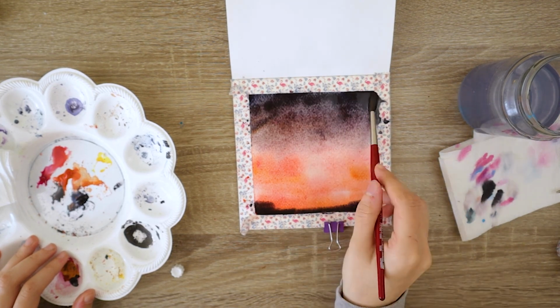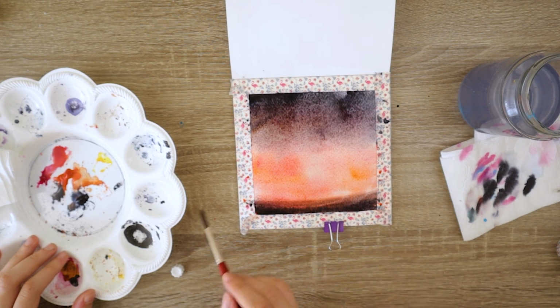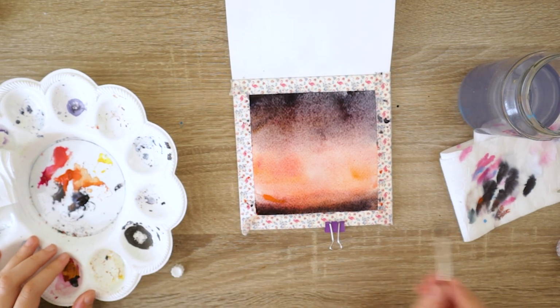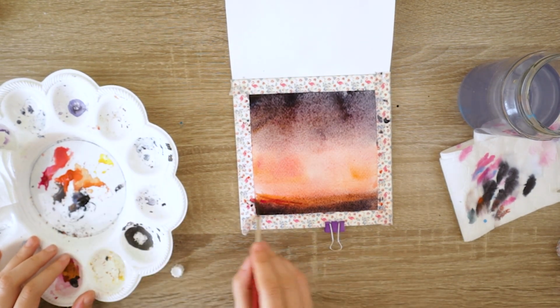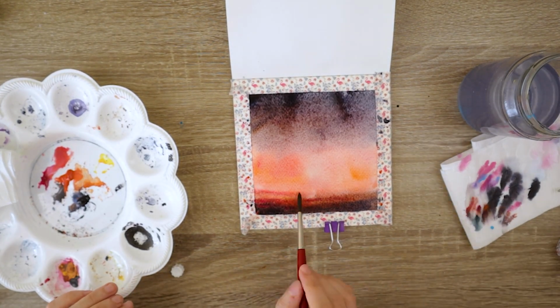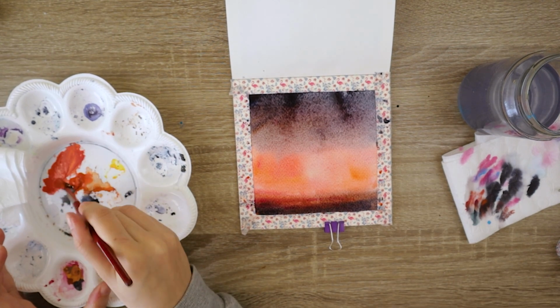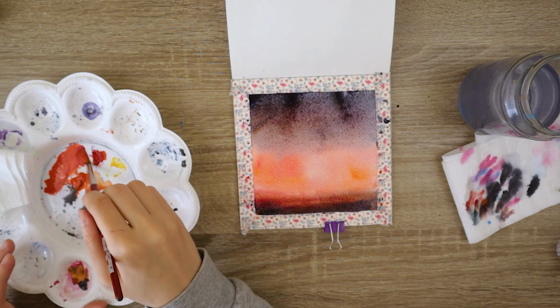I just want to have a quote-unquote background sort of color that I'm going to build upon later on. I apply a bit of the Payne's gray just to the bottom two corners, because this will be a lake scenery, so we'll have the bottom portion that reflects the top portion. And I add some more of the quinacridone rose and the vermilion red on top of that dark shadow on